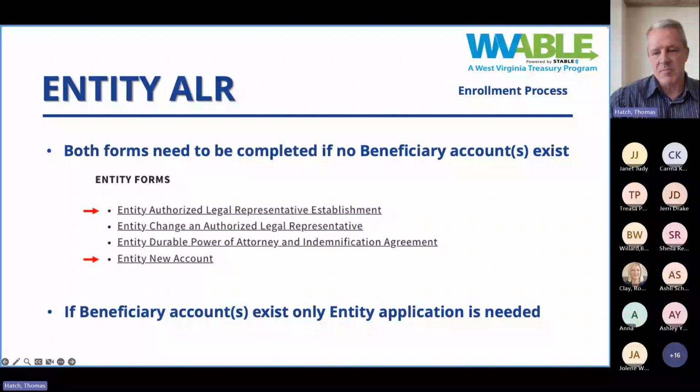early into next year. So with that, I will say that when that's implemented, not only will you be able to set up the entity via the same exact criteria that was just mentioned on the paper form, but do it online, but you can also establish that first account online as well through the same process. So you can do both of these in the same process, and that would be super handy.